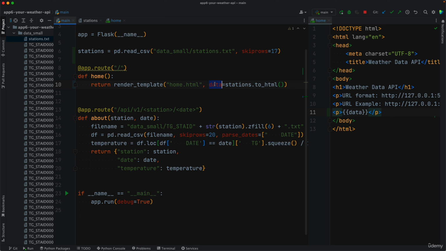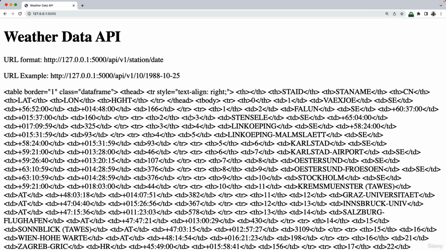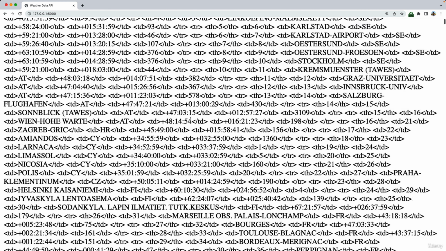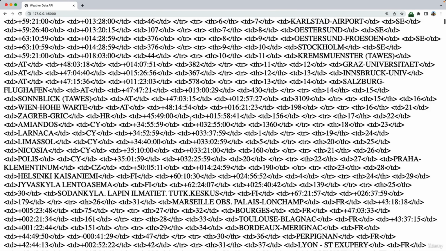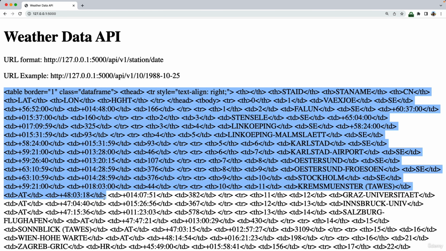So now the data variable will be equal to that HTML. So that HTML will be stored as a string in this data variable. Let's see now, save, and let's refresh here. So still we're not there yet. So the data look like raw HTML. That is because